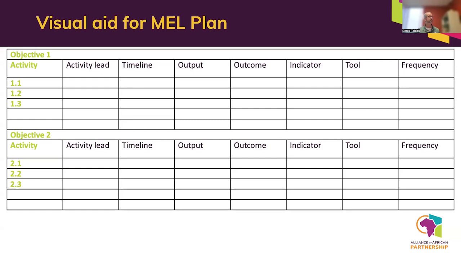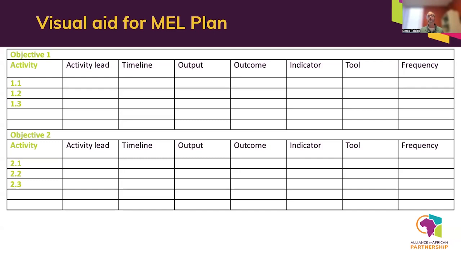So if you look across the top of the table here, you see objective 1. All of the rows beneath that, going to objective 2, would be activities that would lead towards the realization of that first objective. So you would have as many as you need there. You list the activity in the first row, who is responsible in that second column. I'm sorry, the first column would be the activity, second column would be the lead,